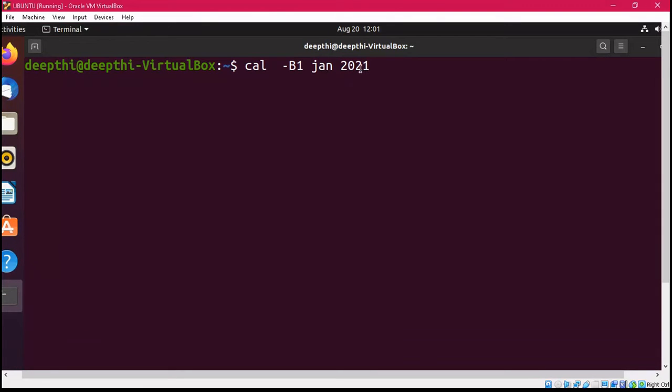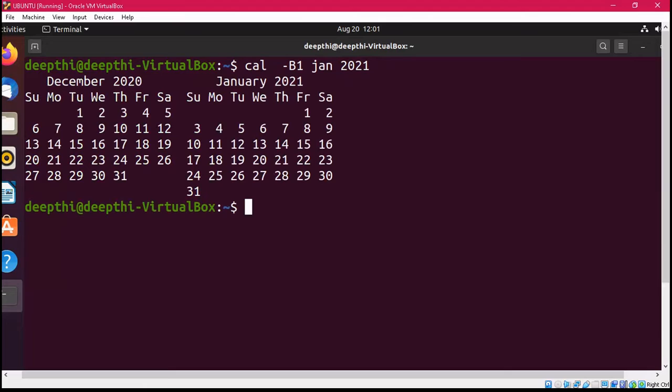The year before that is the previous year, 2020, and the previous month is December. So you can see it will display December 2020, and also it will include the current month. So it is including the current month and 1 month before that.